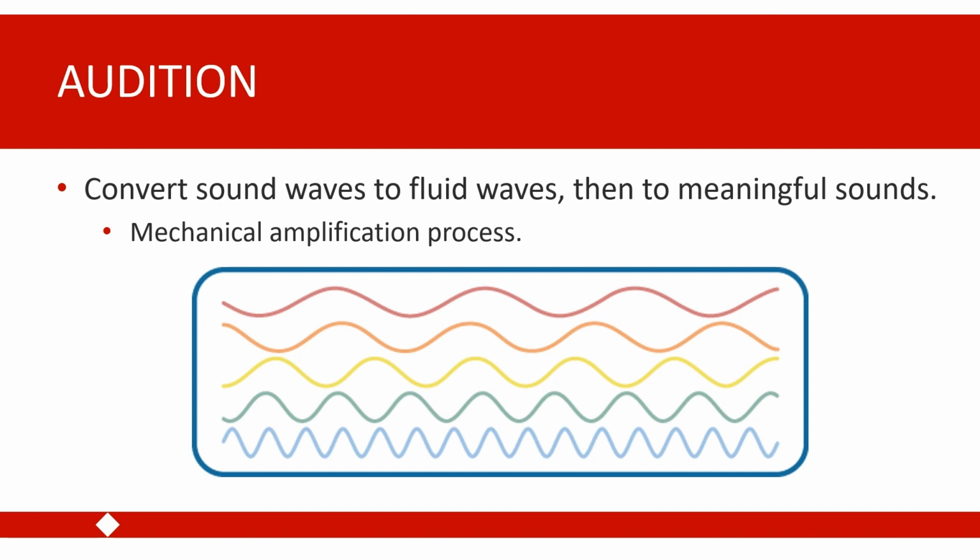So for example, the wavelength of a sound wave, which has to do with the distance between the peaks or troughs of a sound wave, is related to our perception of the pitch of a sound, so whether a sound is perceived as a high sound or a low sound. And the amplitude of a sound wave, so that is the distance between the peak and the trough of a sound wave, is related to the perceived loudness or volume of the sound.